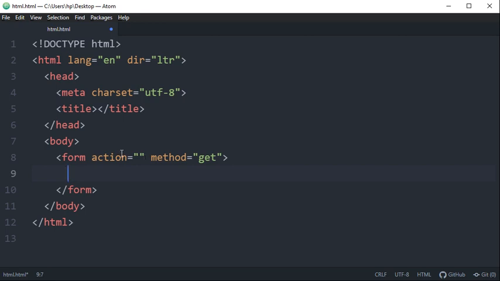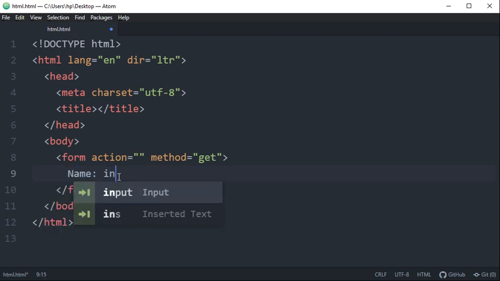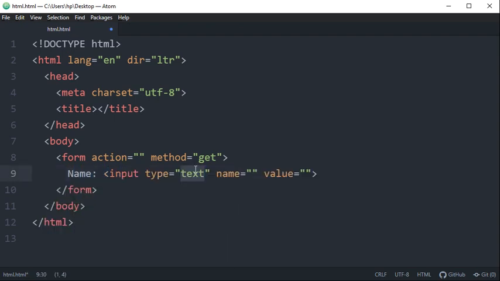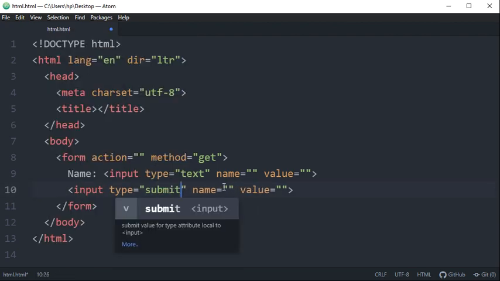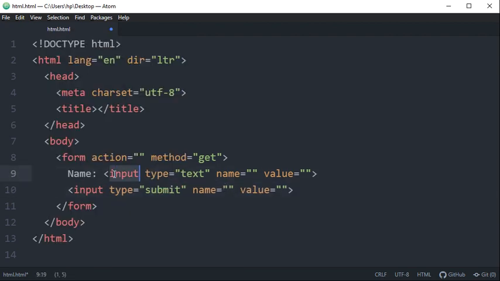So let's discuss these two things. For example, I'm making a web form with an input text and a submit button. I'll explain everything about input in the next video. I'm taking an example to make you understand easily.